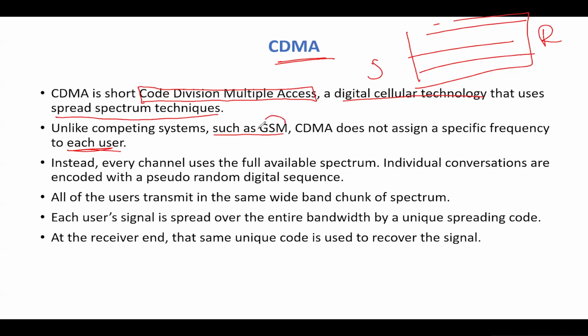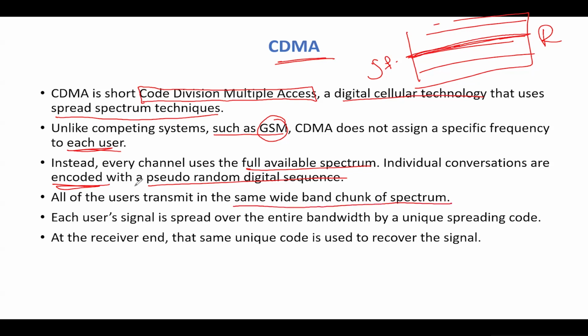In GSM, what happens is it will give a specific frequency to a user. For example, if this particular sender and receiver are communicating with this bandwidth, then they will be using that frequency itself. But in CDMA, we will be using the entire band, the entire spectrum. Instead, every channel uses the full available spectrum. Individual conversations are encoded with a pseudo-random digital sequence. All of the users transmit in the same wideband chunk